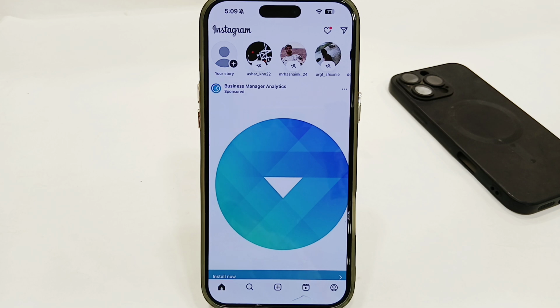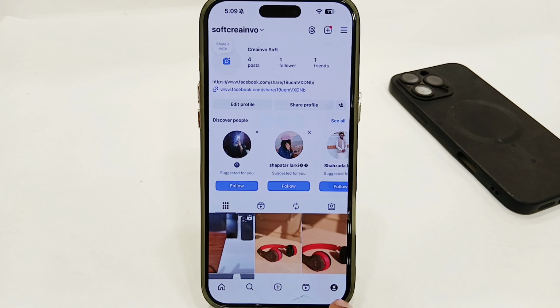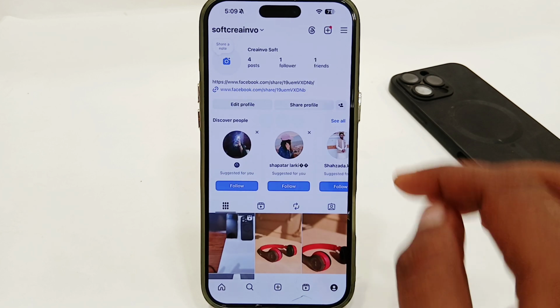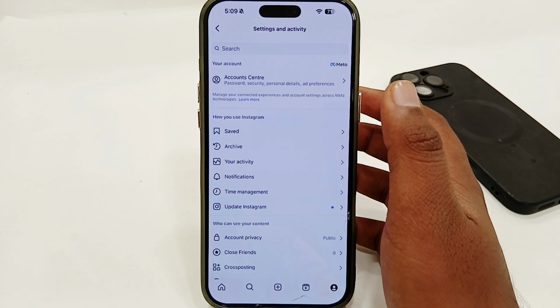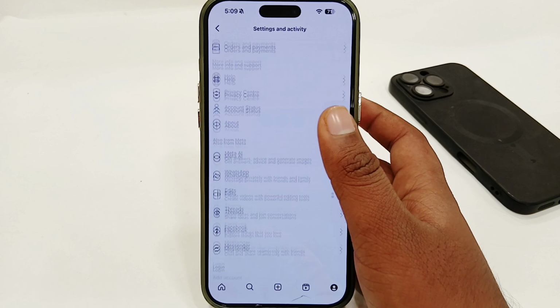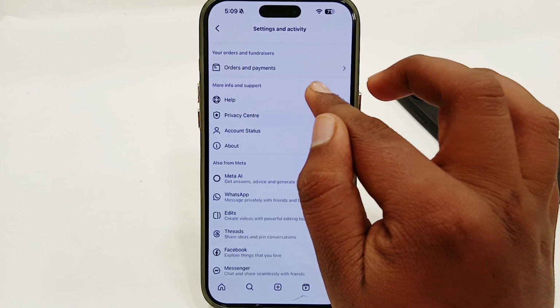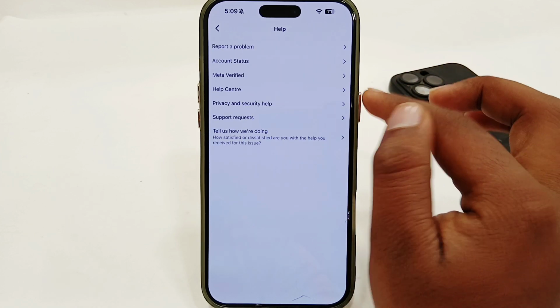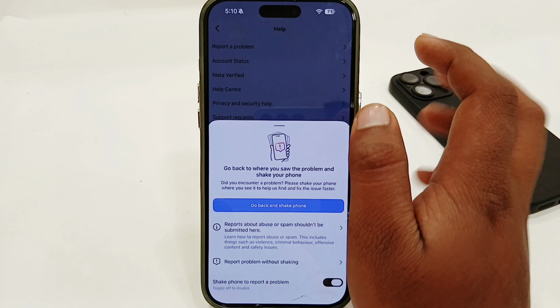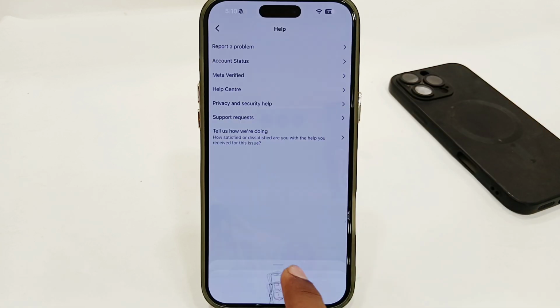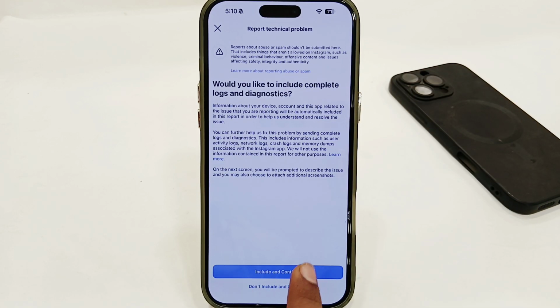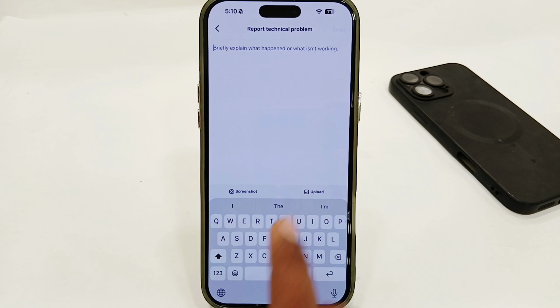Or if your issue is still not fixed, there is one last way. You just have to tap on your profile page in the bottom right corner, then tap on the three horizontal lines in the top right corner, and here just scroll down and you'll find the option of Help. Tap on the Help option, then select Report a problem, then select Report problem without checking, select Include and continue. Here you have to briefly explain the issue which you are facing,